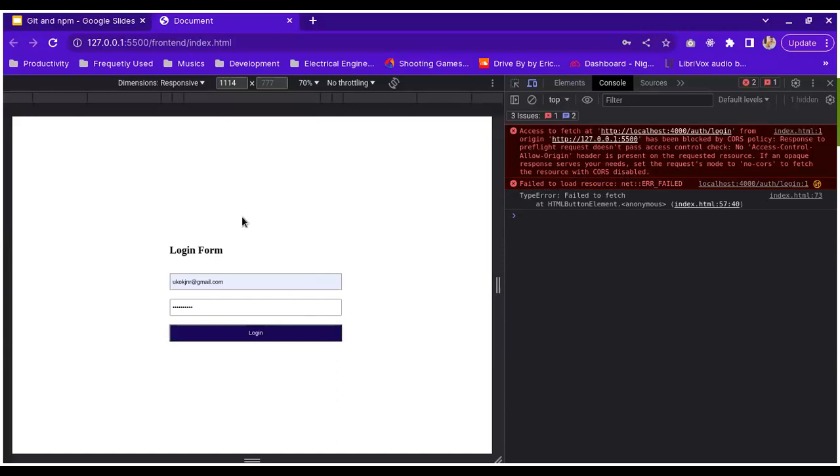But what is basically happening here is we are trying to make a request from localhost with the port of 5500, but we are making it to the backend, which runs on a different port, which is 4000. And basically, CORS has blocked this, right? So how do you tell our backend that it should accept any request coming from port 5500? How do we tell it? Okay, so let's come back